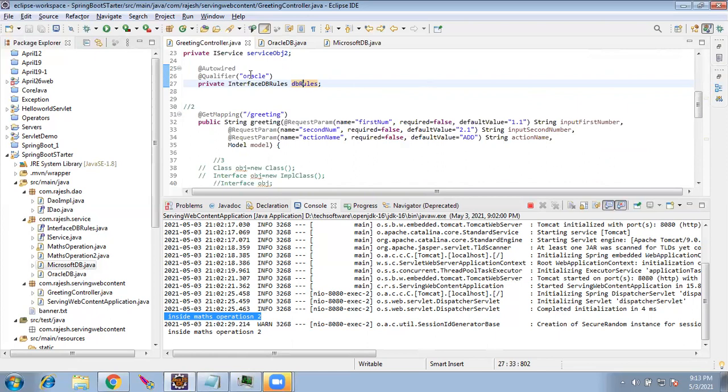I have to just change here to Microsoft. That's all. My entire code will work normally. It will now go to Microsoft DB. It will work with Microsoft DB.